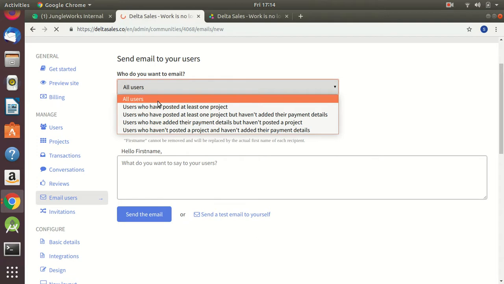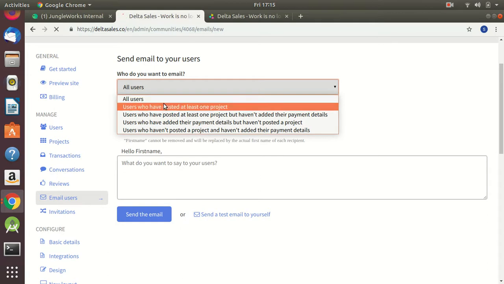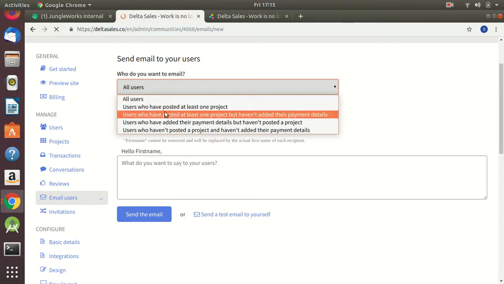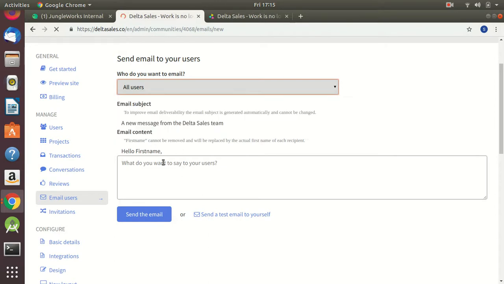And if he wants to send the mail to the project owners who have posted at least one project, he can choose this option. Admin can choose various options available in the drop down, such as at least one project but haven't added their payment details. Likewise, here the body of the message comes and then send the message. Admin can also send a test email by emailing yourself.